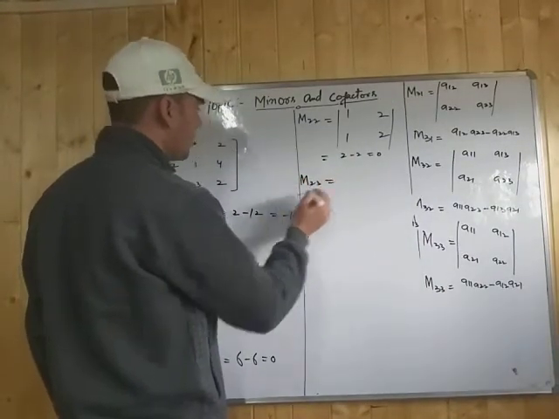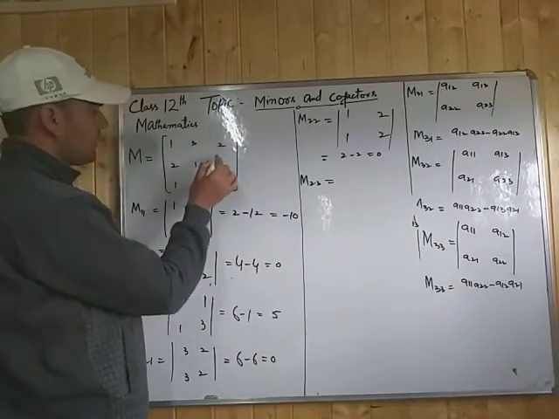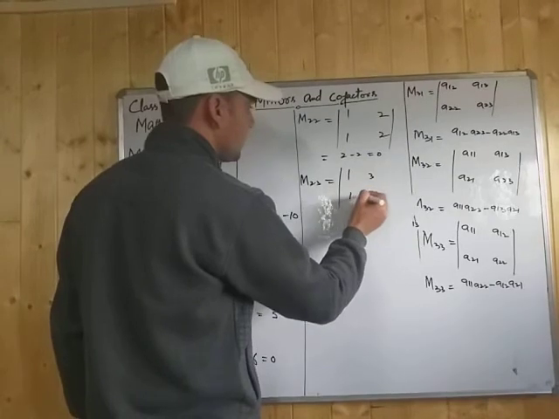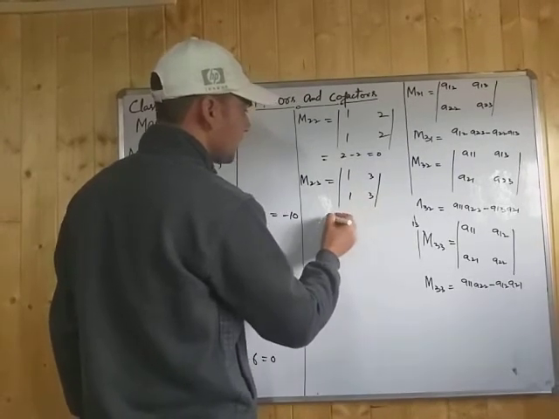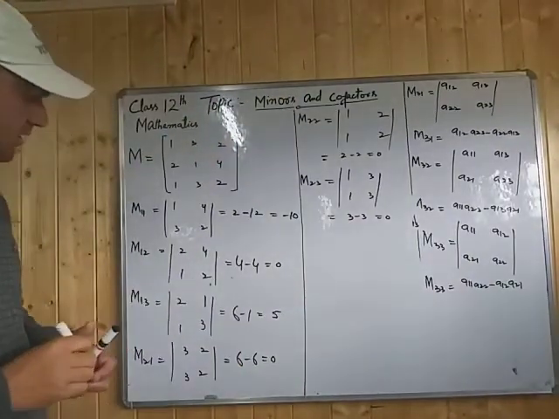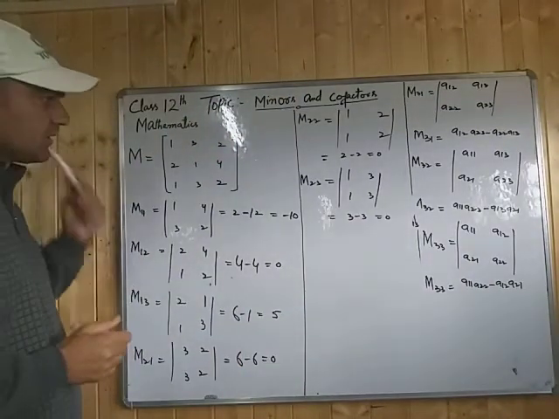Similarly, we'll take here M23, that is equal to, by deleting second row and third column, 1 3 and 1 3. So it is 1 3 1 3. So that is equal to 3 minus 3, that is equal to 0. So that's also equal to 0. Now